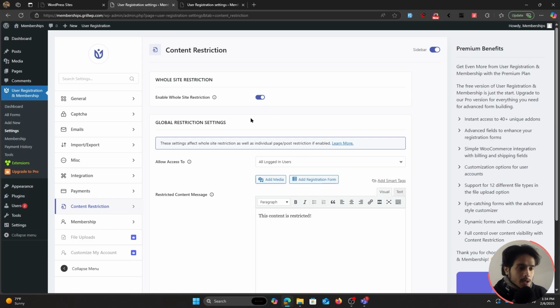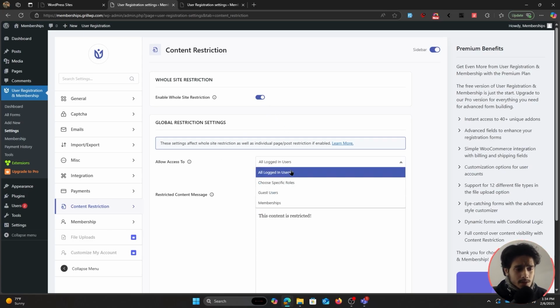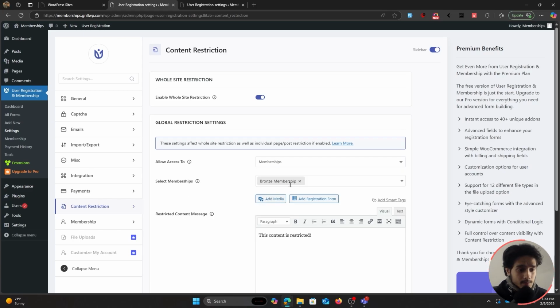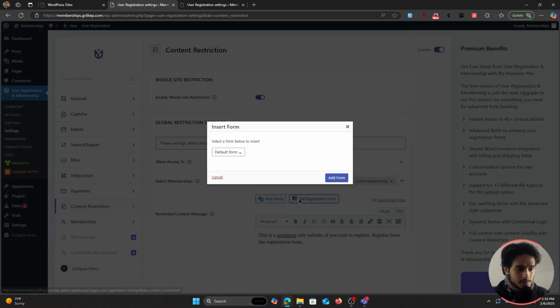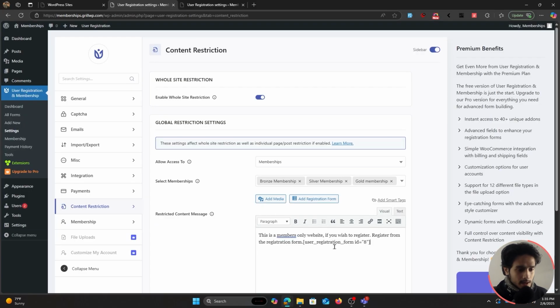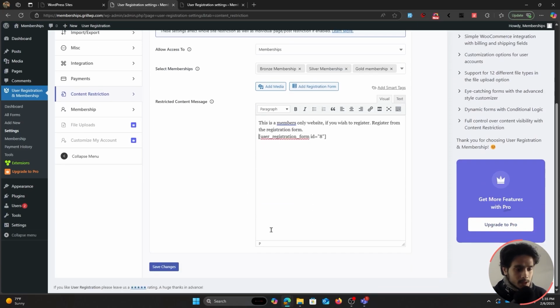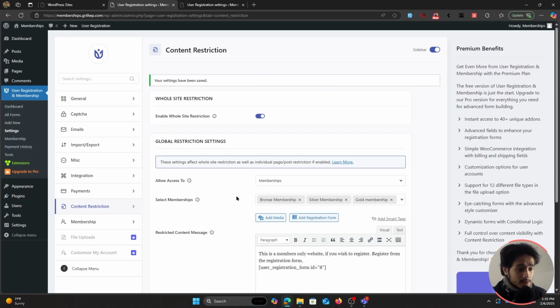If I enable this and only allow access to all logged in users, or the bronze, silver and gold memberships, and type in something like, this is a members only website, if you wish to register from the registration form, I can add my registration form right here. I'll select the default form and add it right there. It is going to be rendered here as a shortcode. I can set it down there, and if I save this,